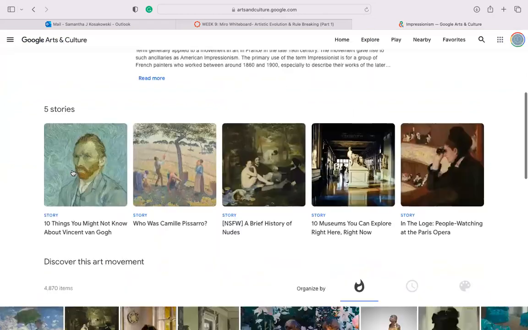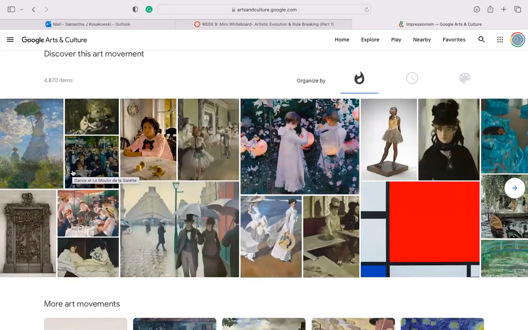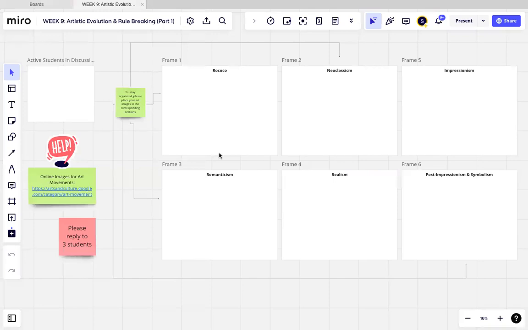So you can find a few things in here that will inspire you, hopefully. You may not like all of these different art movements, but at least you can get an understanding of why art evolved and why rules were broken. So I look forward to seeing what you select for this two-part series. You will have different categories in here for the next assignment just because we're moving forward in history. But yeah, I think it'll be a fun assignment that we can collaborate on.